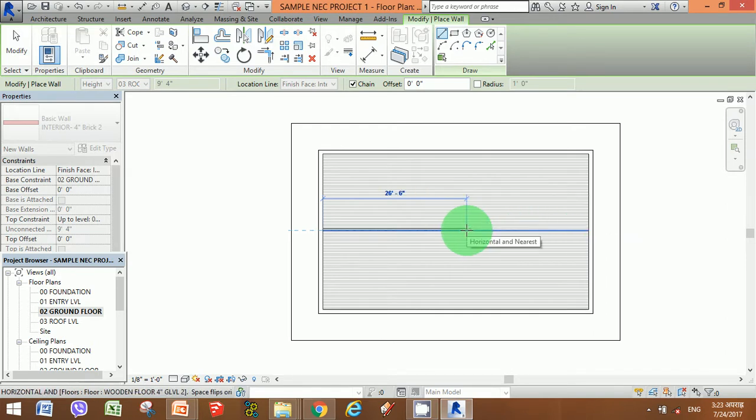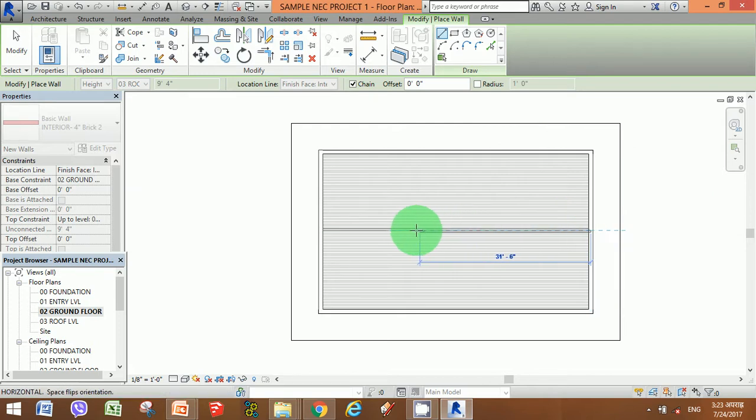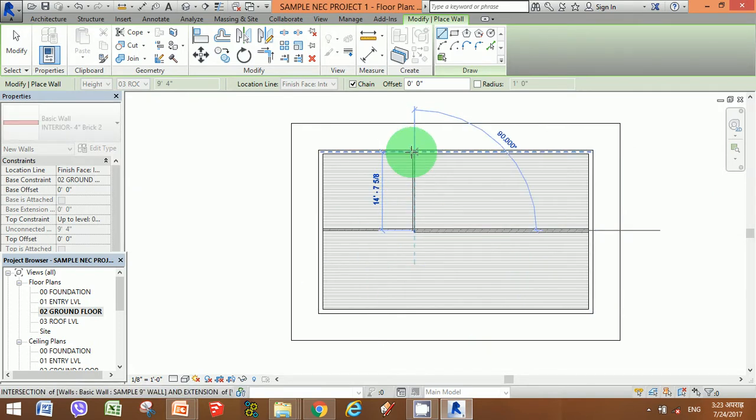Add a wall accordingly. Add your required walls.